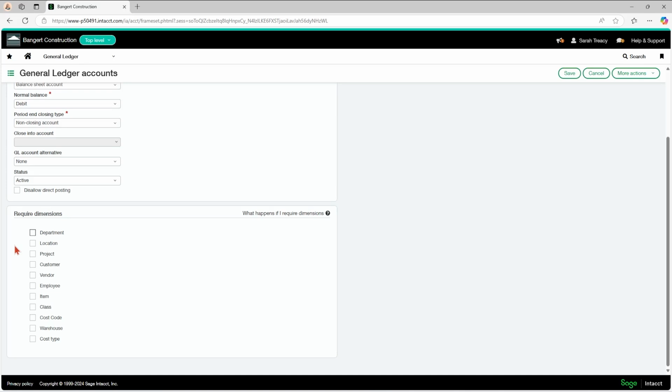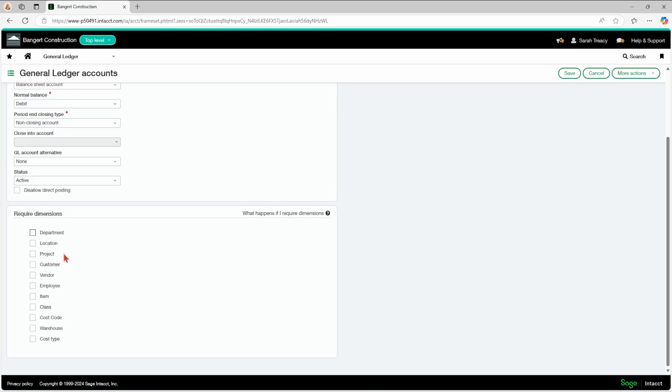And it would be absolutely typical for us to see project, cost code, and cost type to be selected. And also you may want people to be always coding to department. Things like that, whatever dimensions you require for your data entry control, you can turn them on here. We would recommend, though, when you're doing imports and stuff, that you leave these off, just to make life easier for yourself when you're doing imports.